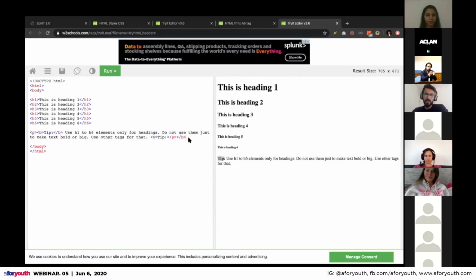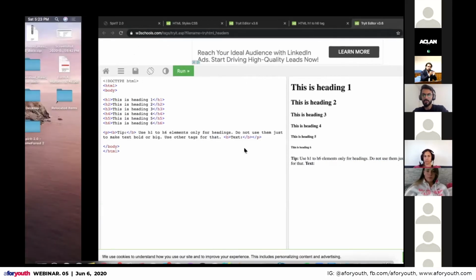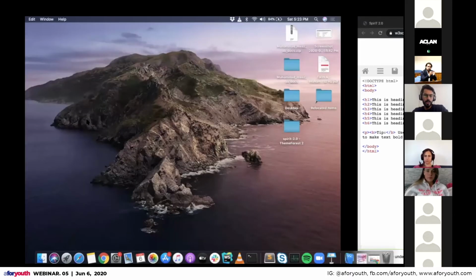So this is wrong because you see I am overlapping a tag. It's not a tag inside a tag. So the proper nesting would be if I put this inside B. So I can change any text here and then run the code and you will see the result here. So we are gonna use more of this as we progress with our slides.